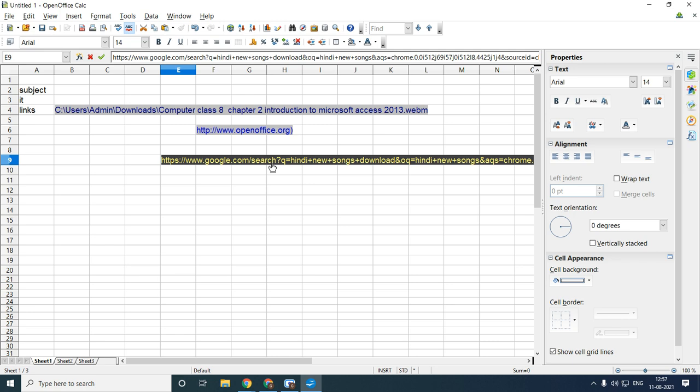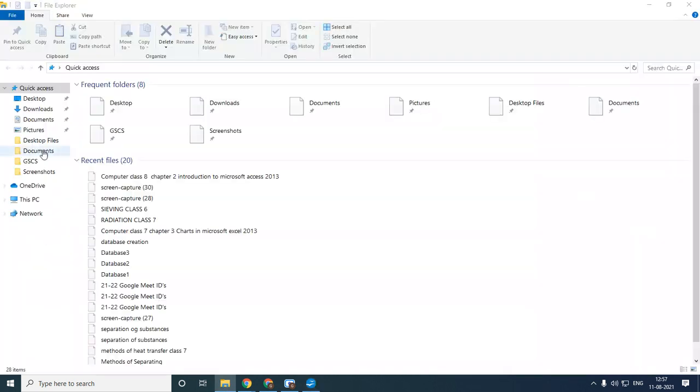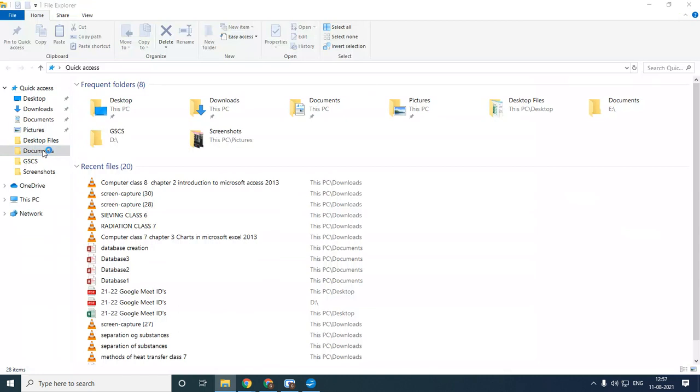A relative hyperlink contains a partial address. What does that mean? Suppose I open one file from the documents.